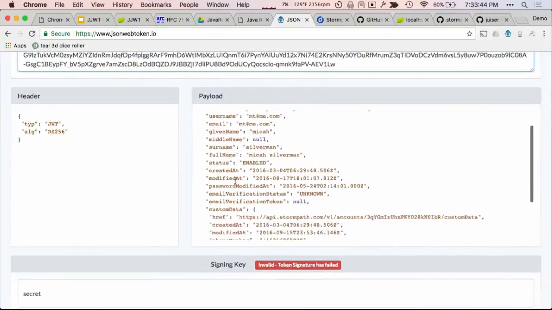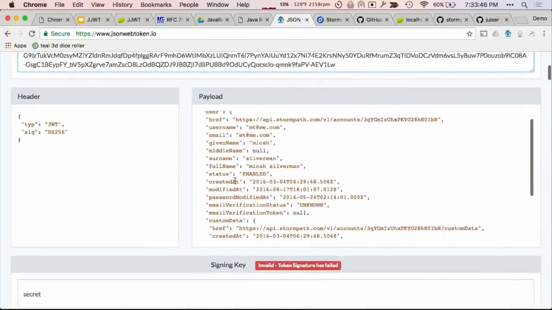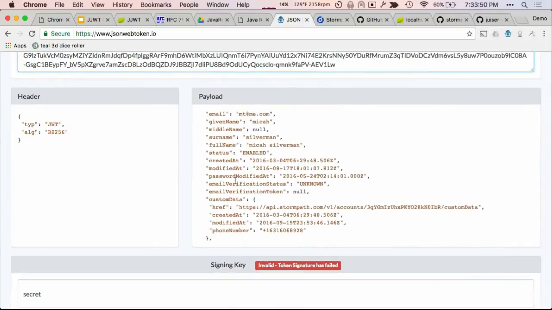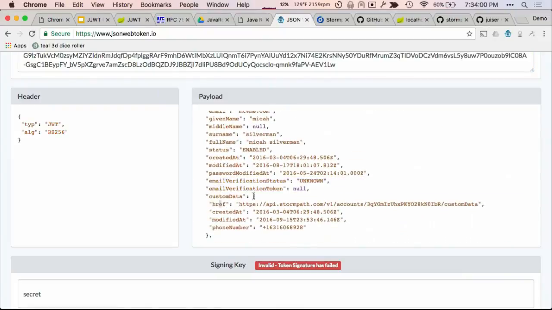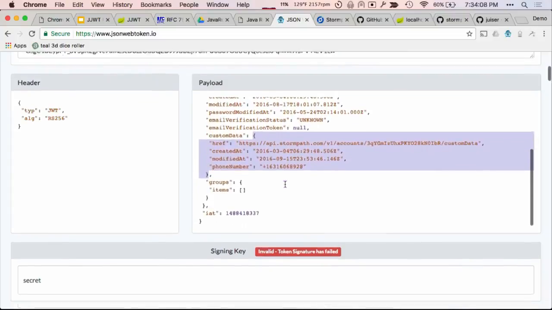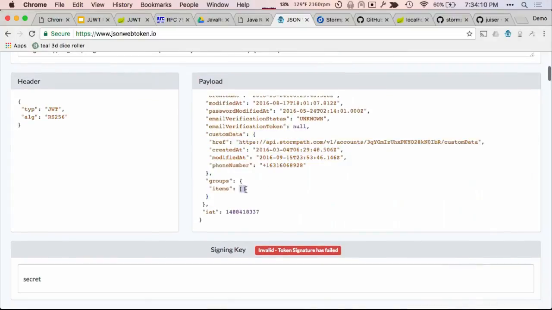This is the payload of that JOT, and it's just free-form JSON. So JWT is JSON Web Token, and you can see that any valid JSON can be stuffed into here. Like we have this custom data, which itself is another JSON object, and it's got some stuff in it. You can have arrays, you can have booleans, anything that works for JSON will work inside a JOT. Here, it happens to be empty, but here's an example of an array contained inside another object.